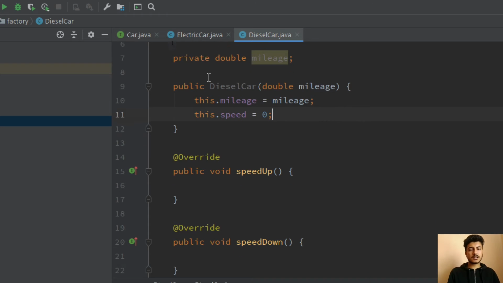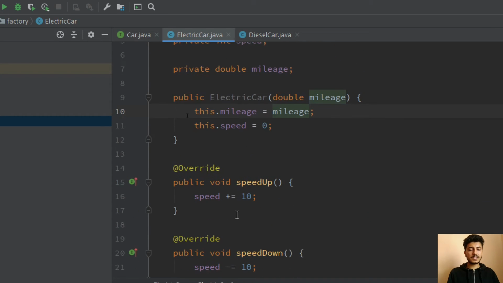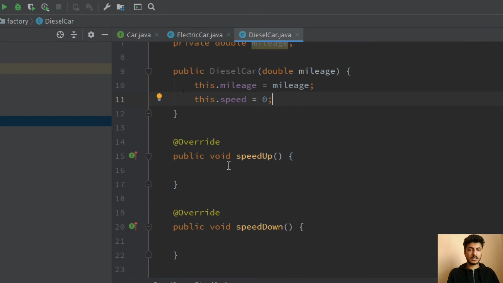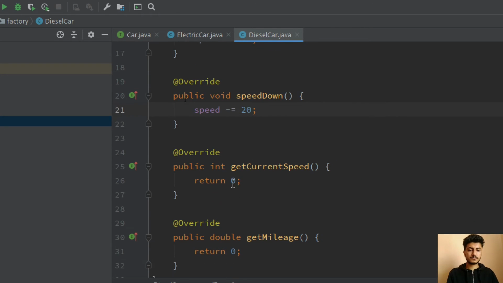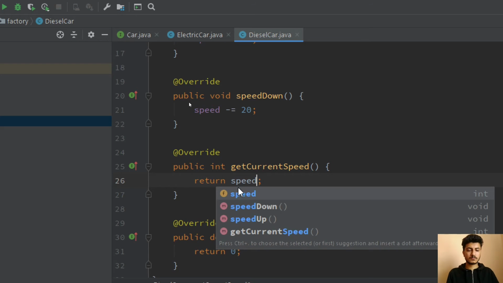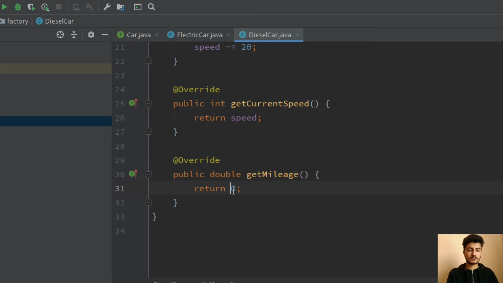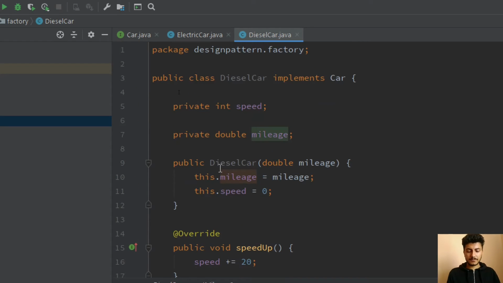Okay, so for diesel car, instead of increasing the speed by 10, let's increase the speed by 20. So the speed will be increased by 20. And similarly for speed down, let's decrease the speed by 20. Okay, so we have